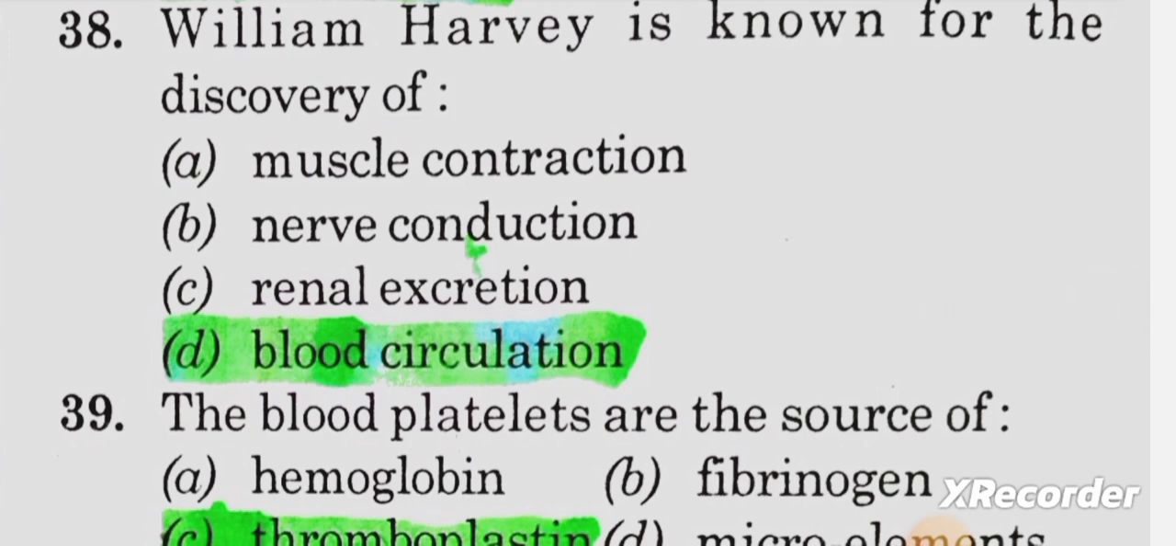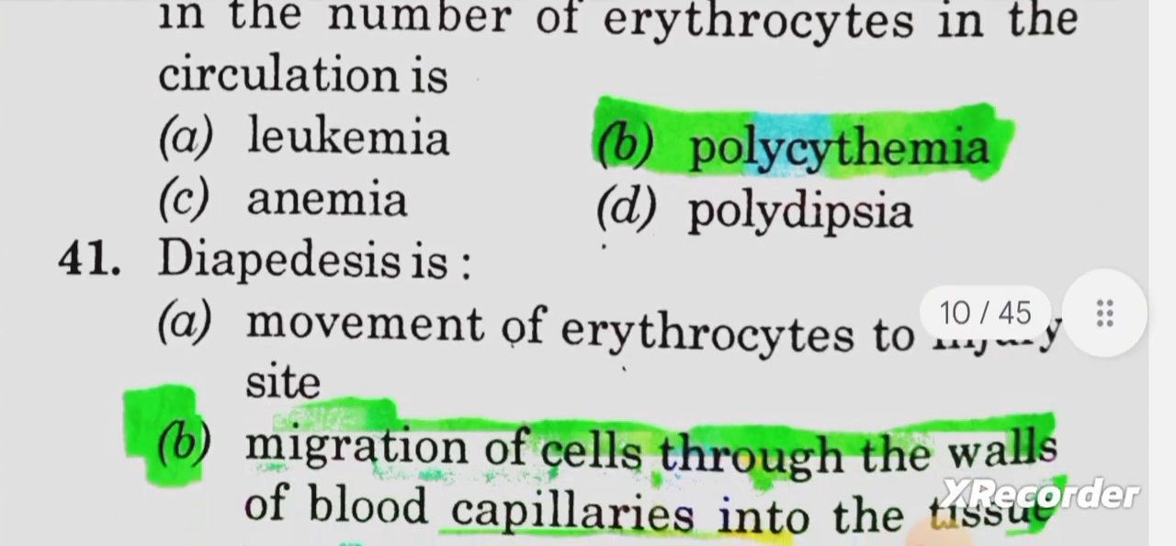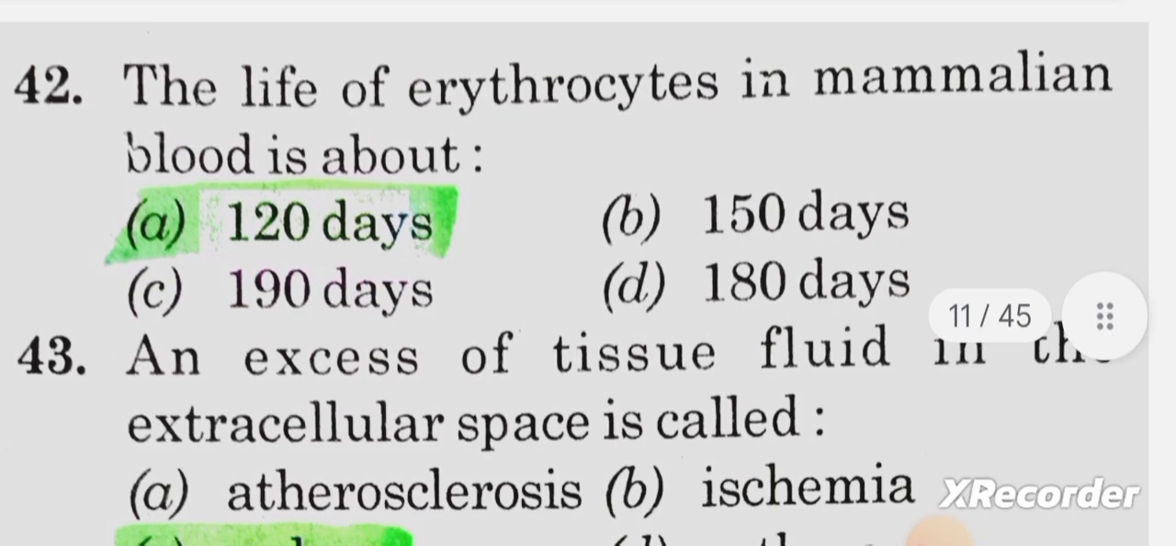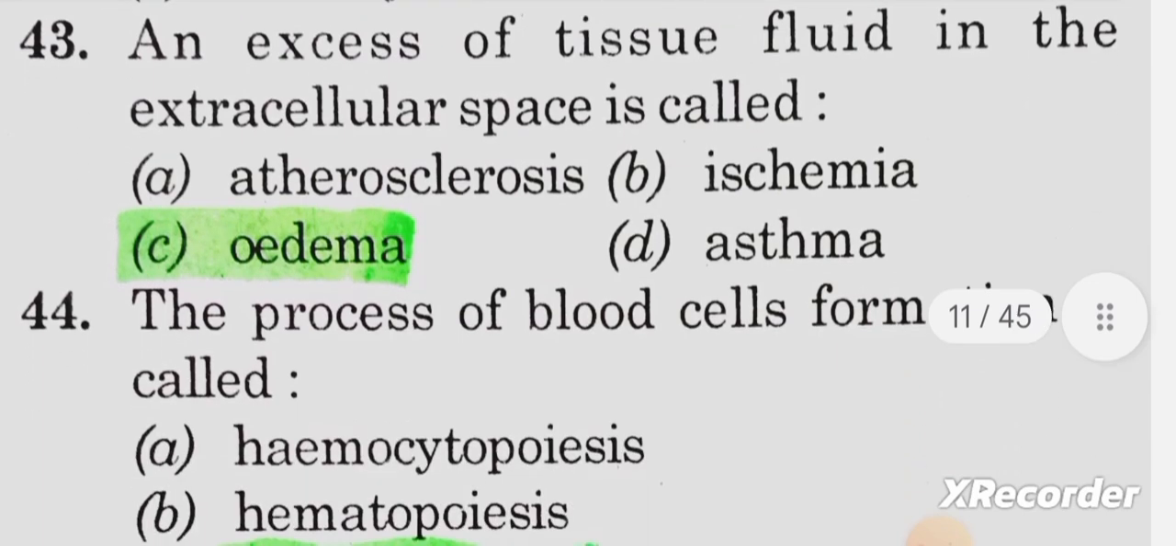blood circulation. Next 39. The blood platelets are the source of answer C, thromboplastin. Next 40. A condition characterized by an increase in the number of erythrocytes in the circulation is answer B, polycythemia. Next 41. Diapedesis is answer B, migration of cells through the walls of blood capillaries into the tissue spaces. Next 42. The life of erythrocytes in mammalian blood is about answer A, 120 days. Next 43. An excess of tissue fluid in the extracellular space is called answer C,